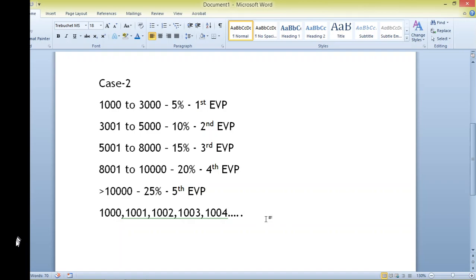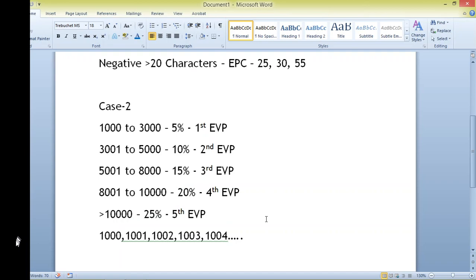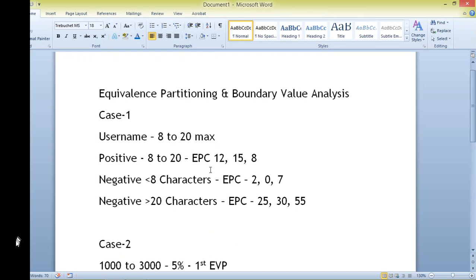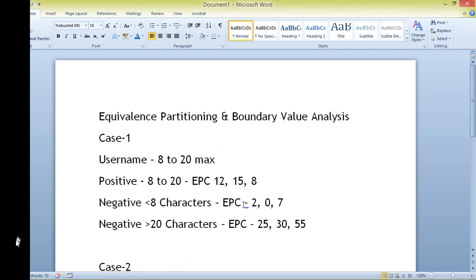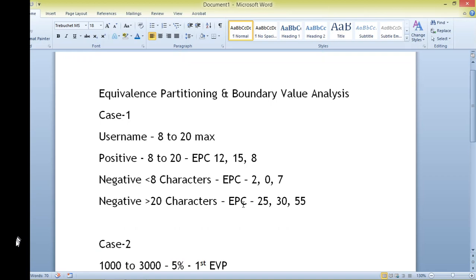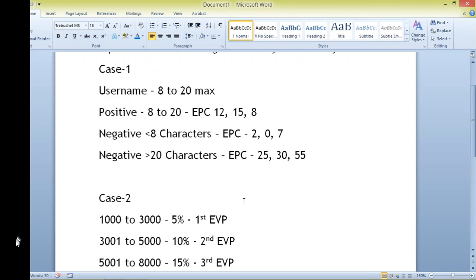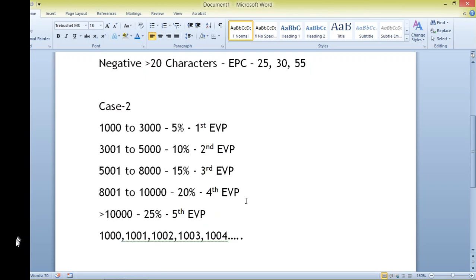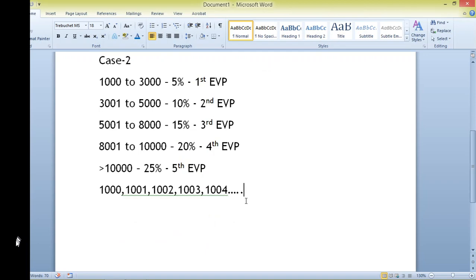Now we know what equivalence partitioning is: dividing the given test data into valid and invalid classes. So the partitioning is done. As we discussed in the first case, if the data is very small, we can move on to picking the values. But even the picking of those data has a significance, which we are going to iterate in this video, and that is boundary value analysis.